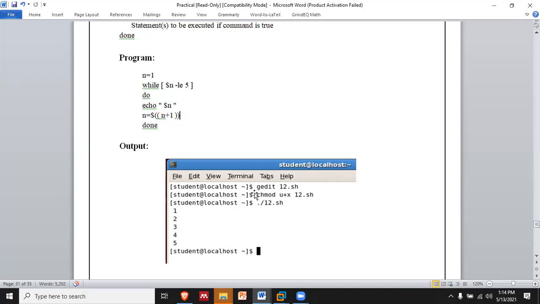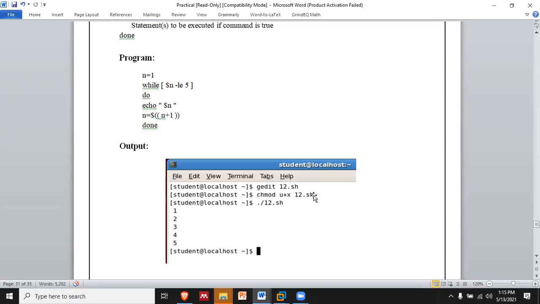The second statement is chmod. Since it may happen that the permission is not granted, for execution we need the x permission, which has the value 1, as I told you. So we have to give that value: u+x, which gives execution permission to the user, then the name of the file, .sh. Here the .sh file is the script, the file where we have written the code. Then to execute it, we type dot slash and the name of the file, and you will see the value get incremented.